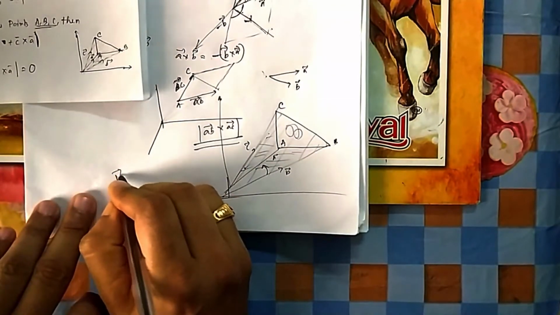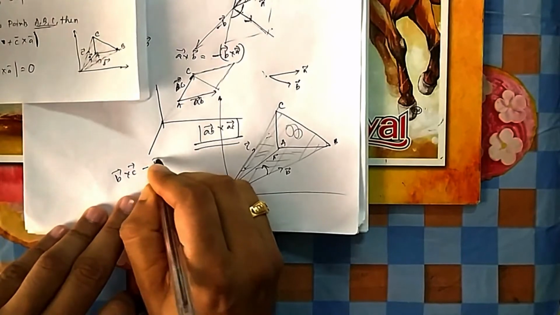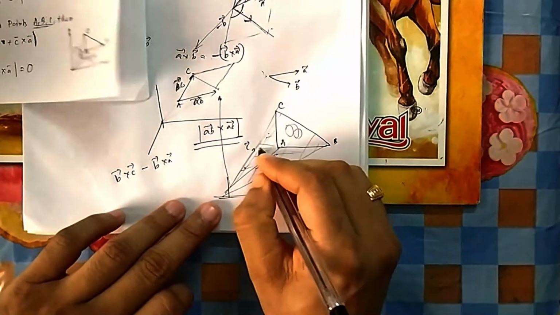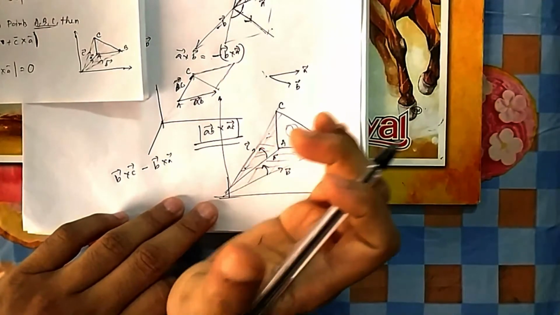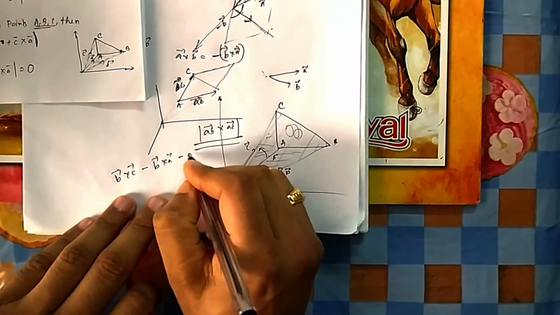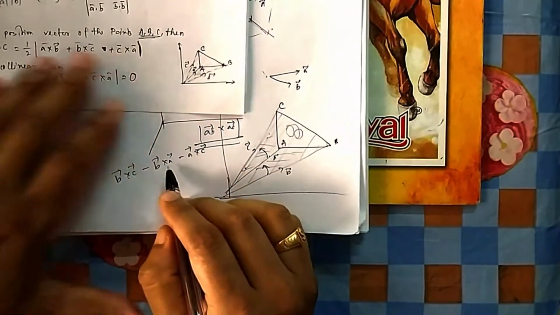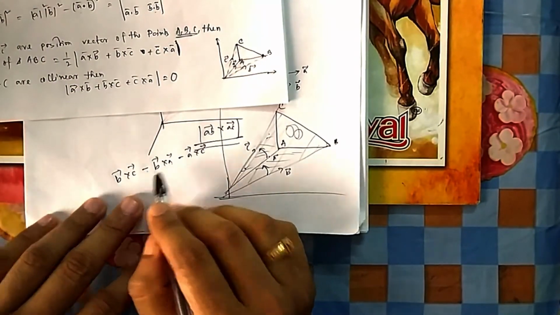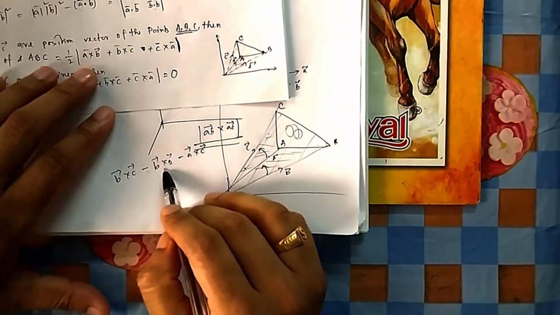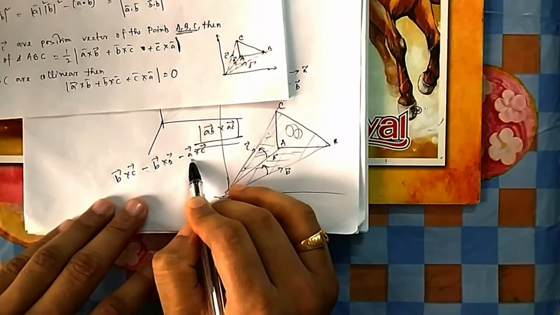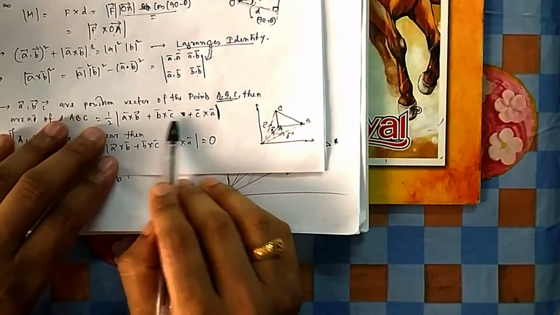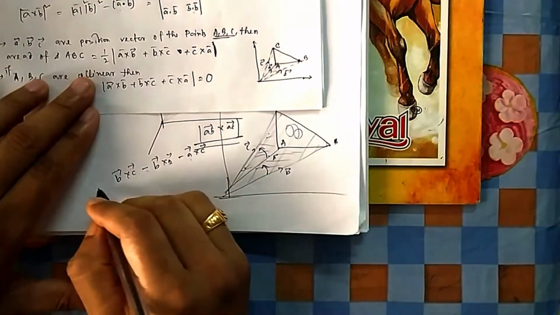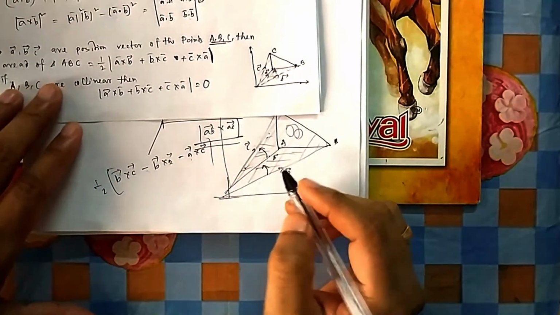So from B cross C, you subtract B cross A, and also you subtract, because you are moving in this direction, so you have to maintain that order, A cross C. Because B cross A, if you change the order, will be plus A cross B, since B cross A has a minus sign. If you change it, plus A cross C. So then it becomes a good rhythm, A B, B C, C A. So that's why the half is there in the formula, because it was the area of the triangle.